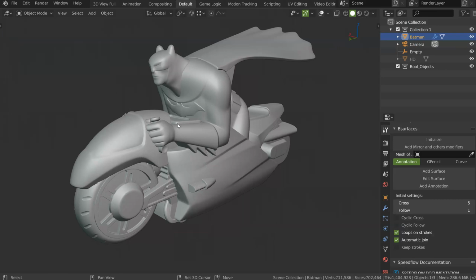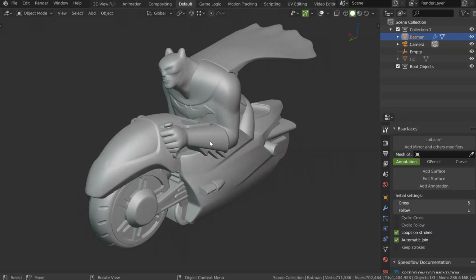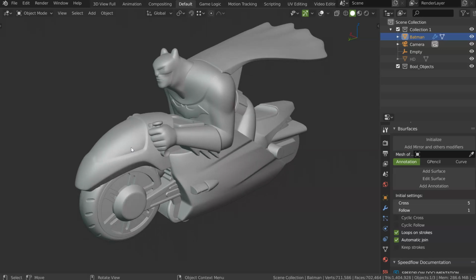So let's see another example. I made this for a commercial, I think it was almost 10 years ago. It was when I started Blender, so maybe less than 10 years, I'm not sure. And at this time I only worked like I worked in Maya, that means no modifiers at all, just a subsurf at the end. No bevel, no screw, no booleans, etc.